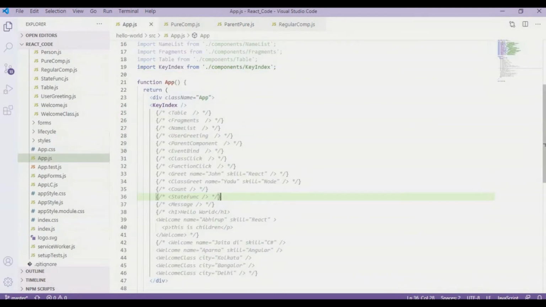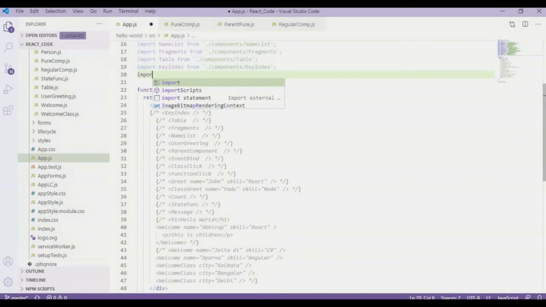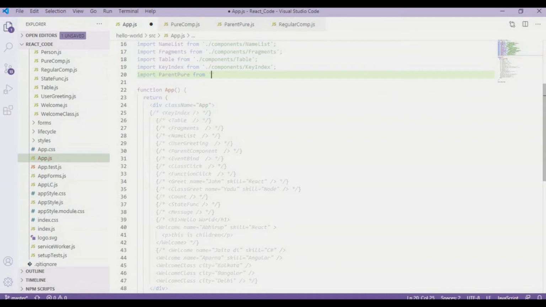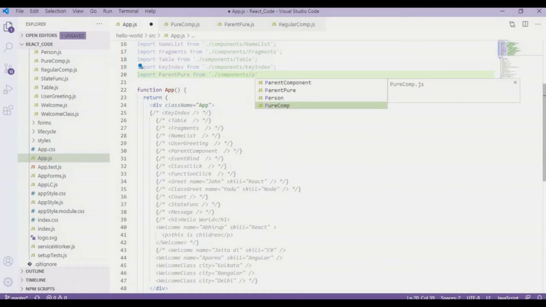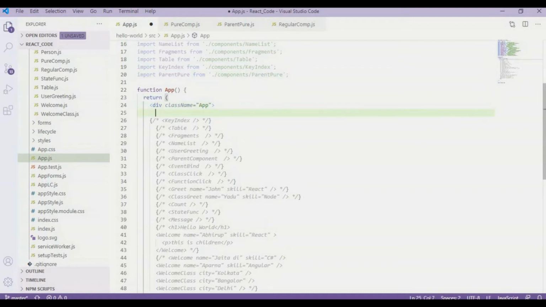Now I have to call this parent component in the app.js file. So I'm going here, let me comment this out, and I'm going to import parent pure from components, and then mention this component over here.